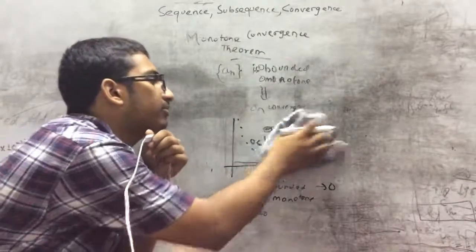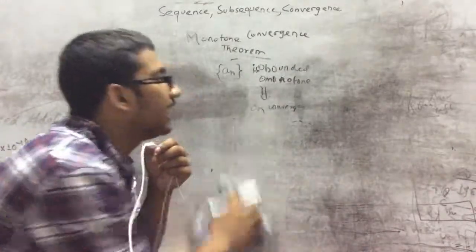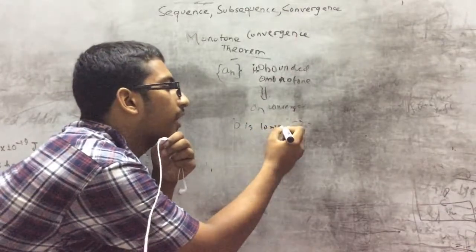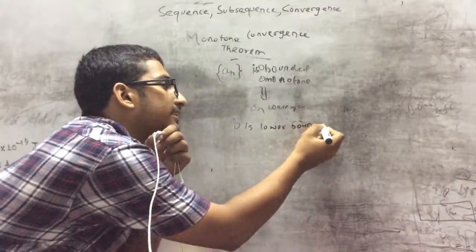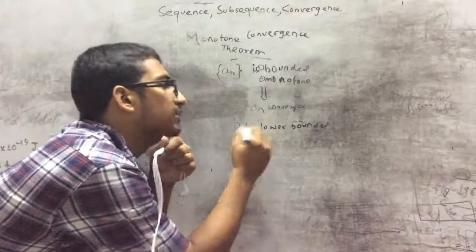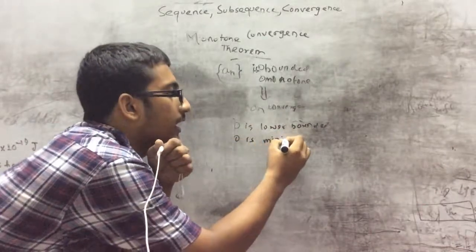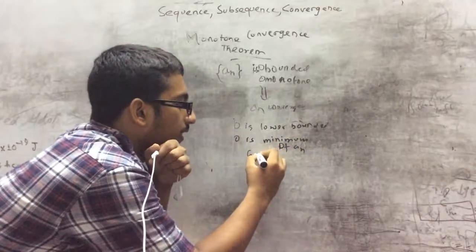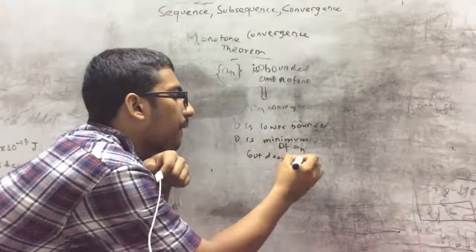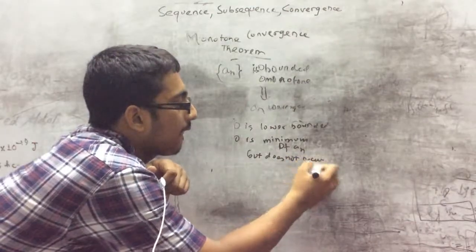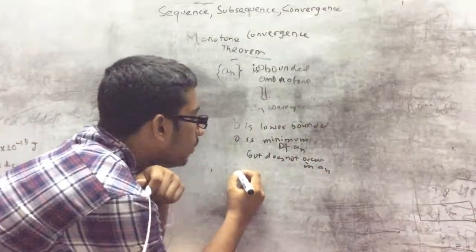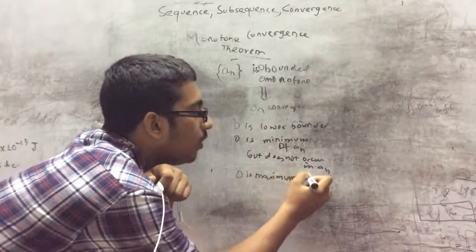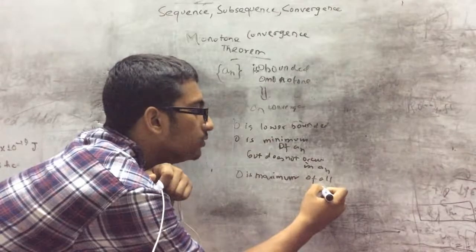So this kind of thing actually has a special name. 0 is the lower bound, and actually 0 is like the minimum of the sequence, but the minimum doesn't occur. And actually 0 is the maximum of all lower bounds,